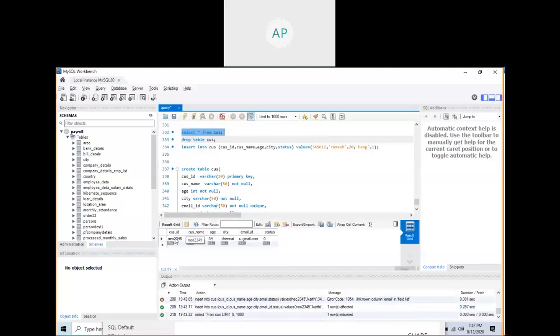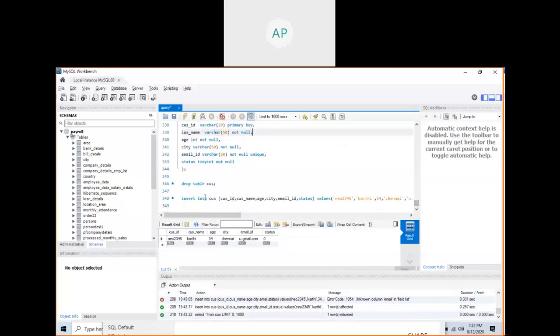See here, this one is ID, name, age, city, email ID. You should make it at, okay, anyway. So that is not an issue. You will accept whatever you are going to type. Email validation. So this is not a proper email. Where should you do the validation? You should do it in the screen, in the browser.